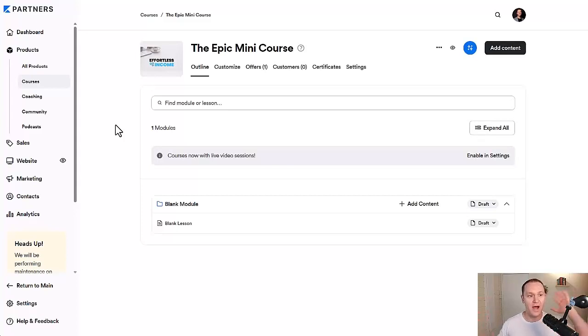Once you've figured out where they're at, where they want to be, what's getting in the way, that's when we go into this section of Kajabi. And we get to build out the actual outline. So when it comes to a mini course, you want it to be a short course. It's something that's bite-sized to get them a result. And again, you can build off of this as you go down the road. But a mini course, I would recommend that when you know where they're at, where they want to be, what's getting in the way, that you come up with 5 steps to get them from point A to point B